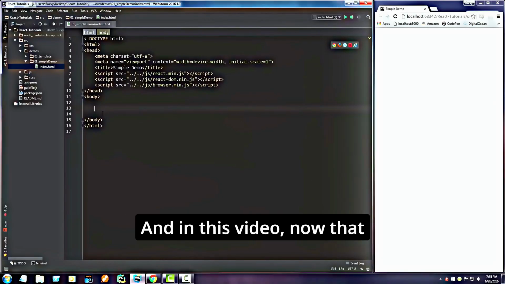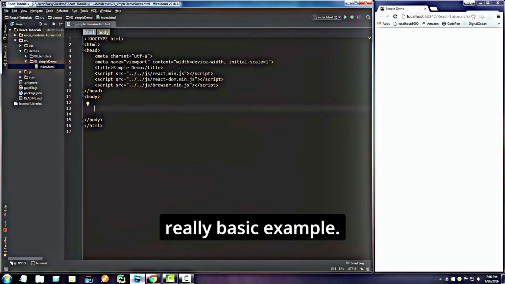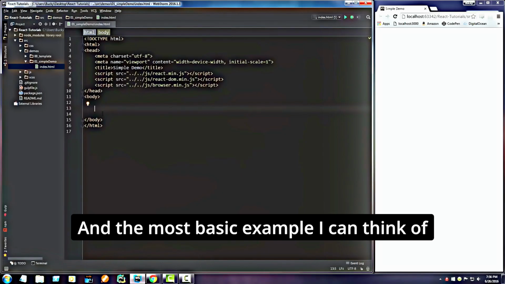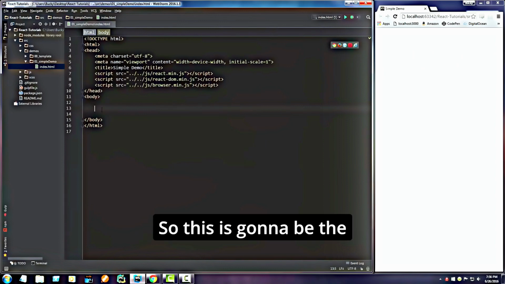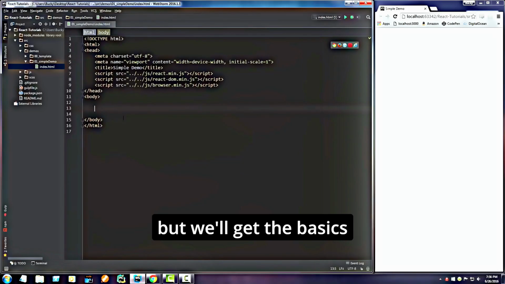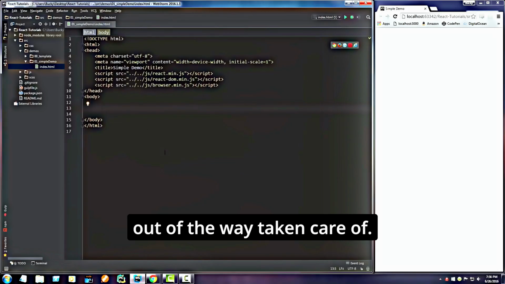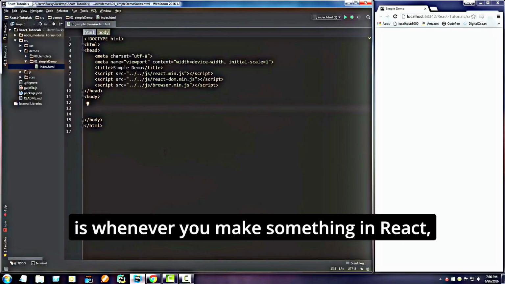And in this video, now that we have everything set up, I want to go ahead and show you guys a really basic example. And the most basic example I can think of is just displaying some text on the screen. So this is going to be the dumbest React project ever, but we'll get the basics out of the way. So the way that this is going to work is whenever you make something in React,